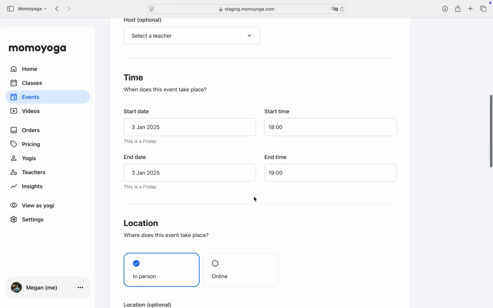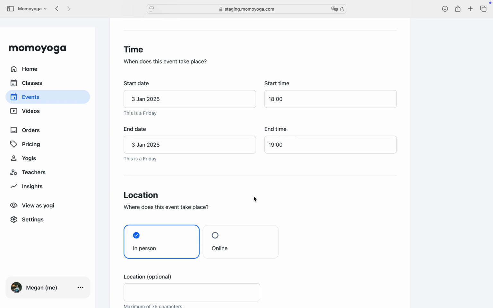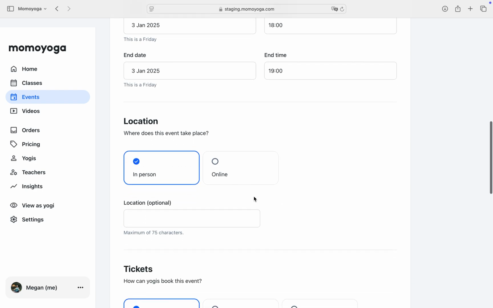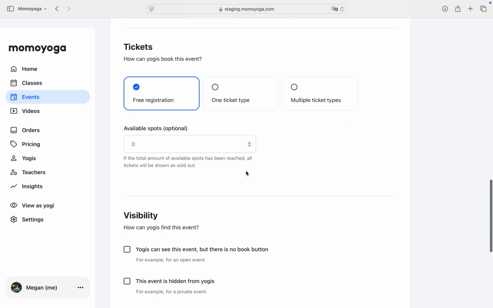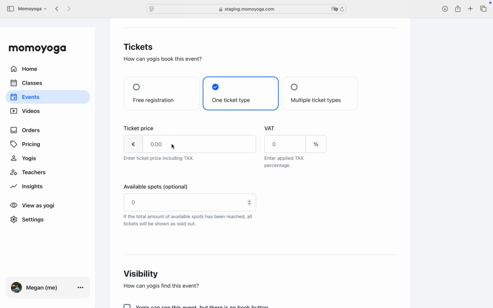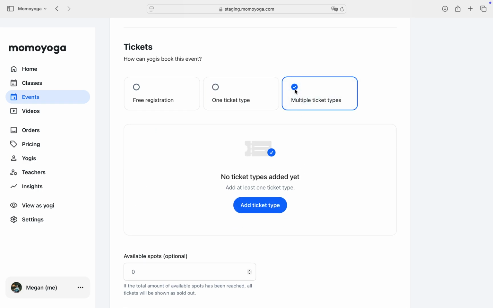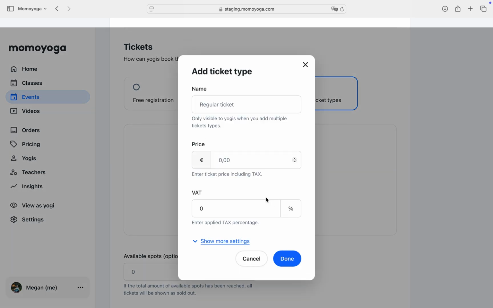In the case of events, you can also have a start date and end date, so not just one day. It can be in person and online, and then you can choose your location. And as previously mentioned, you can either have a free registration, just one ticket type, for example, all yogis will pay 15 euros for this specific event, or dollars, or multiple ticket types, meaning that you can add, for example,